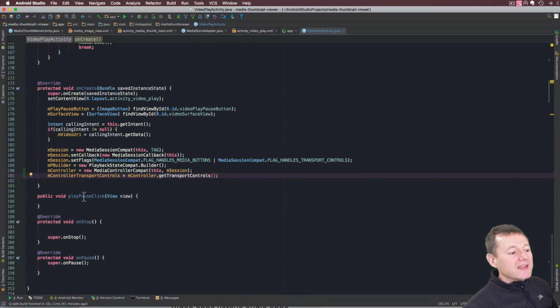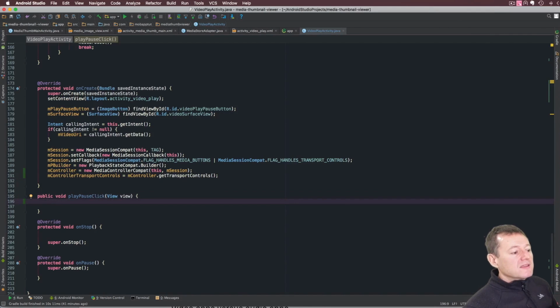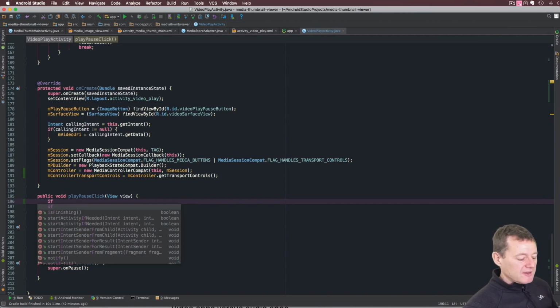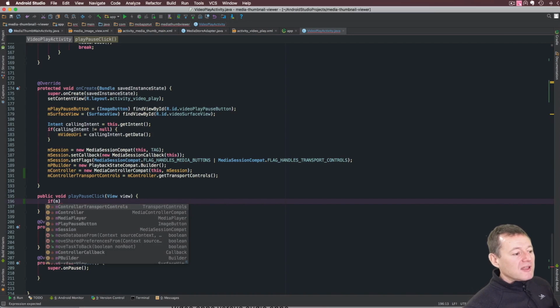So let's scroll on down and implement the rest of the functionality for our UI. Here's our play, pause, click button from the UI. So let's implement that first. First of all, I just want to check the state. So basically the media session will now send me the state of whether we're playing and stopping and everything. And I can do a request via the controller to get the media session state like this. So if I call our controller